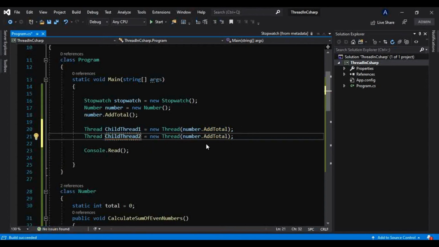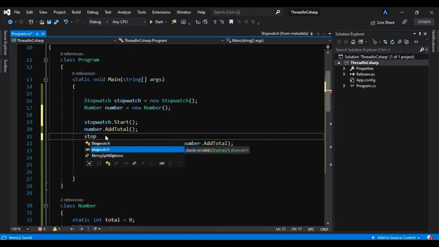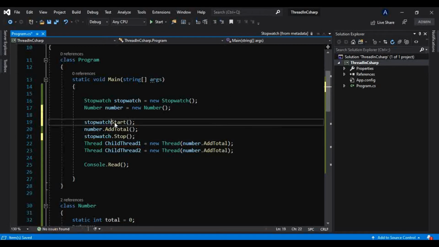And now let me use that stopwatch, Stopwatch.Start, and here I will stop that. This should be Stopwatch new, because we want it to start from a new elapsed time.